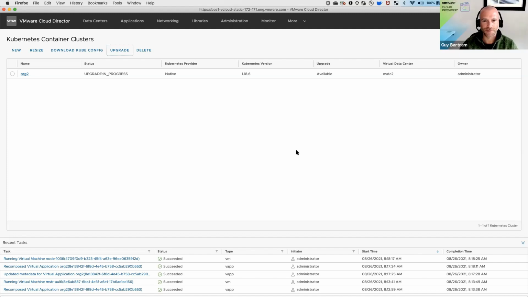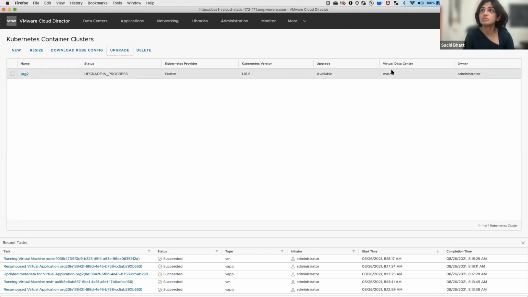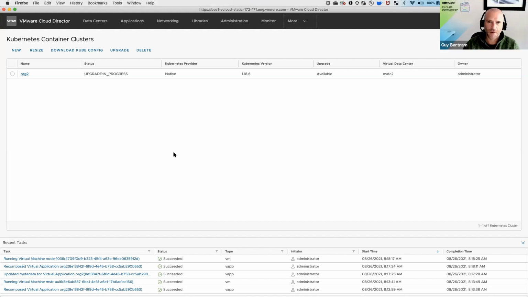Yeah. And now I would like to show this additional column called VDC. To come back to the upgrade, this is a one-click process, and as you saw, we are not interrupting the running cluster. So the upgrade will be handled by the CSE UI as well.